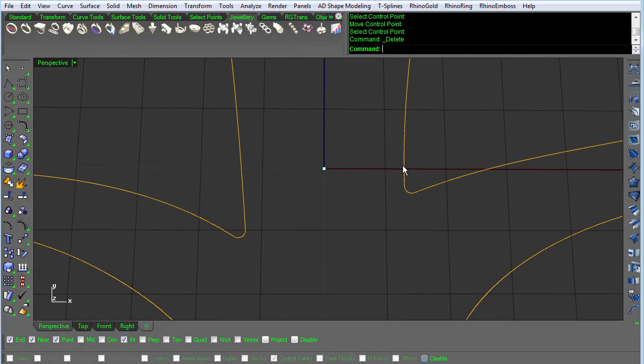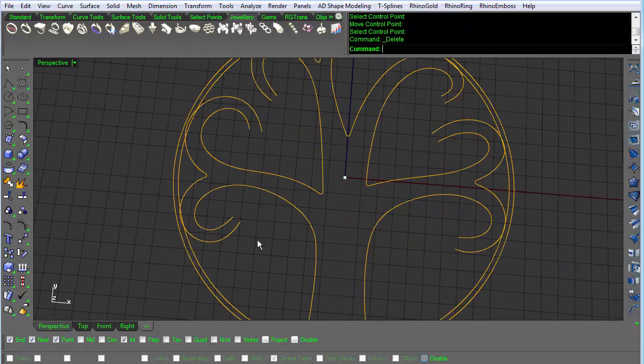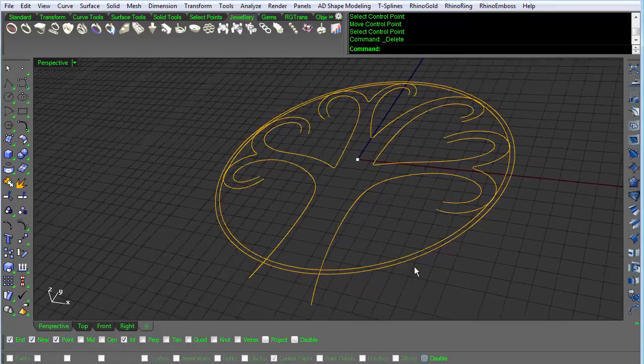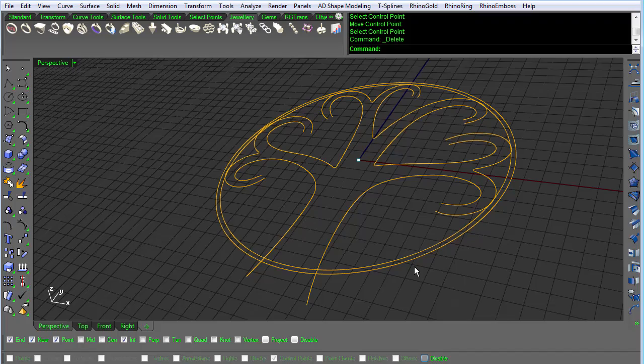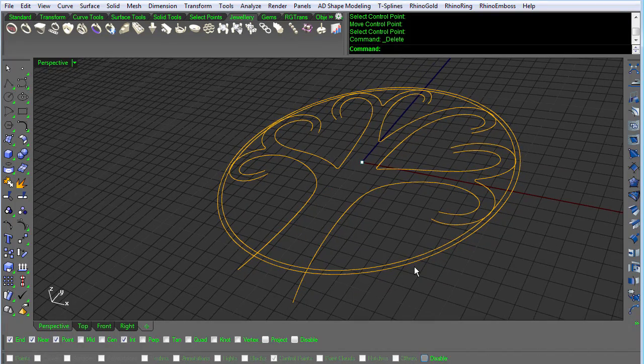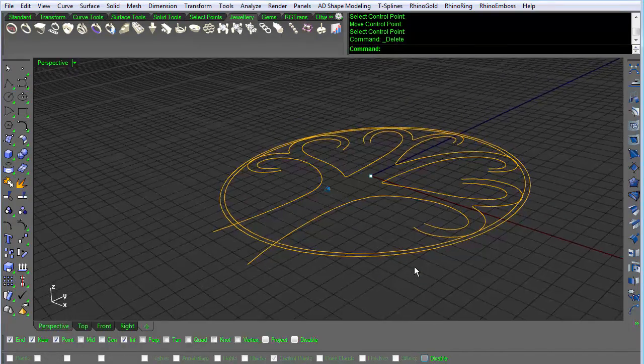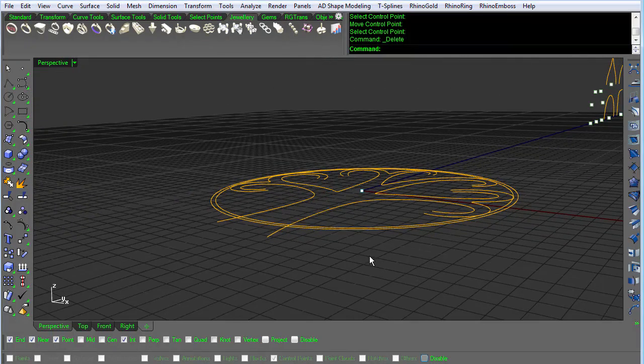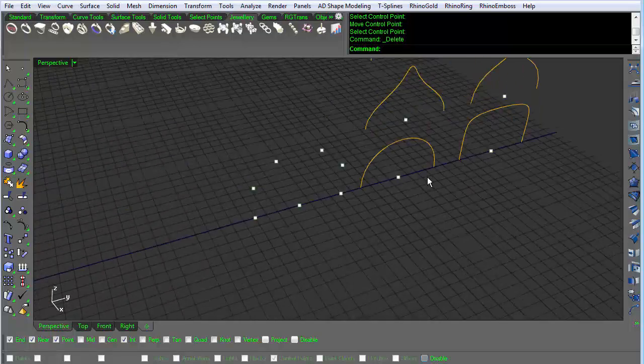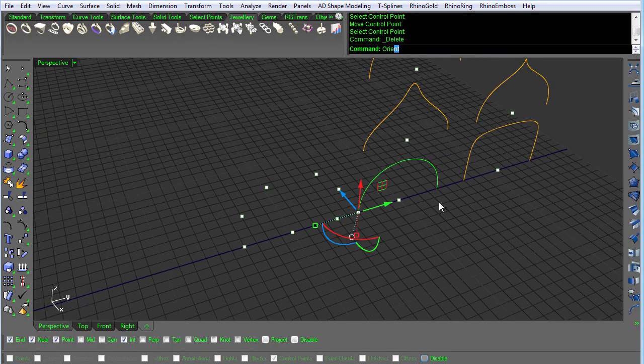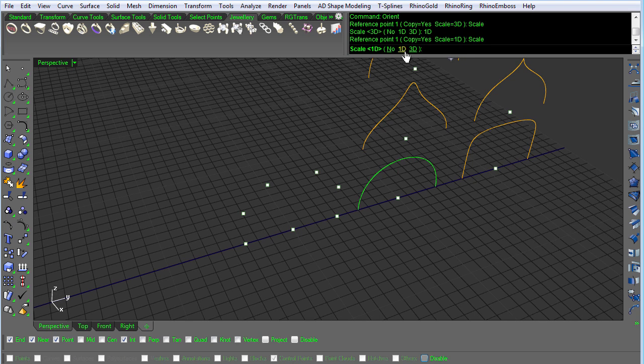When I got done, I used blend curve to make a little fillet that went back and forth between them. And I'm going to lay out the profile curves much the same way that I did when I was doing the fleur-de-lis, except this time I want everything to have the same height all the way across. So when I lay out this curve, I'm going to say orient. Instead of scale 3D, I'm going to scale it in 1D. Well, actually, for the first one, I want to use scale 3D. Grab this,